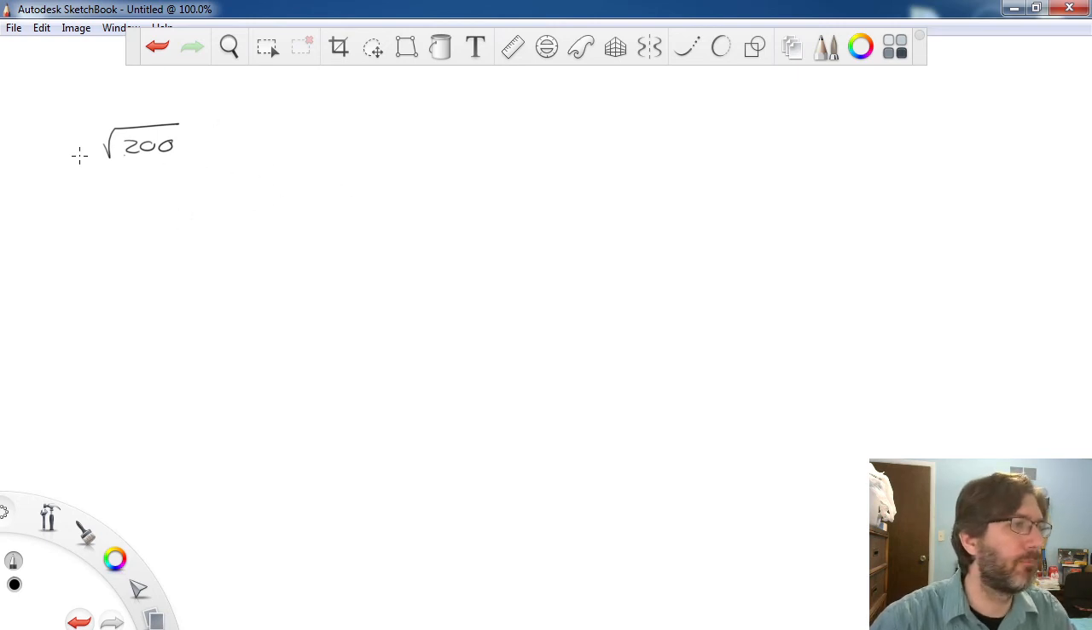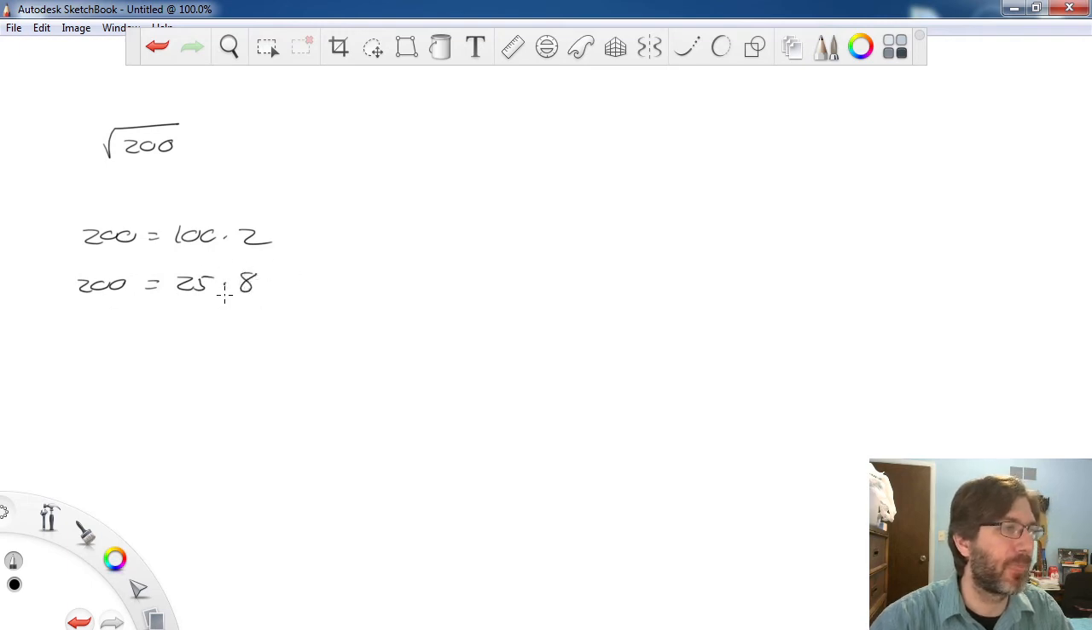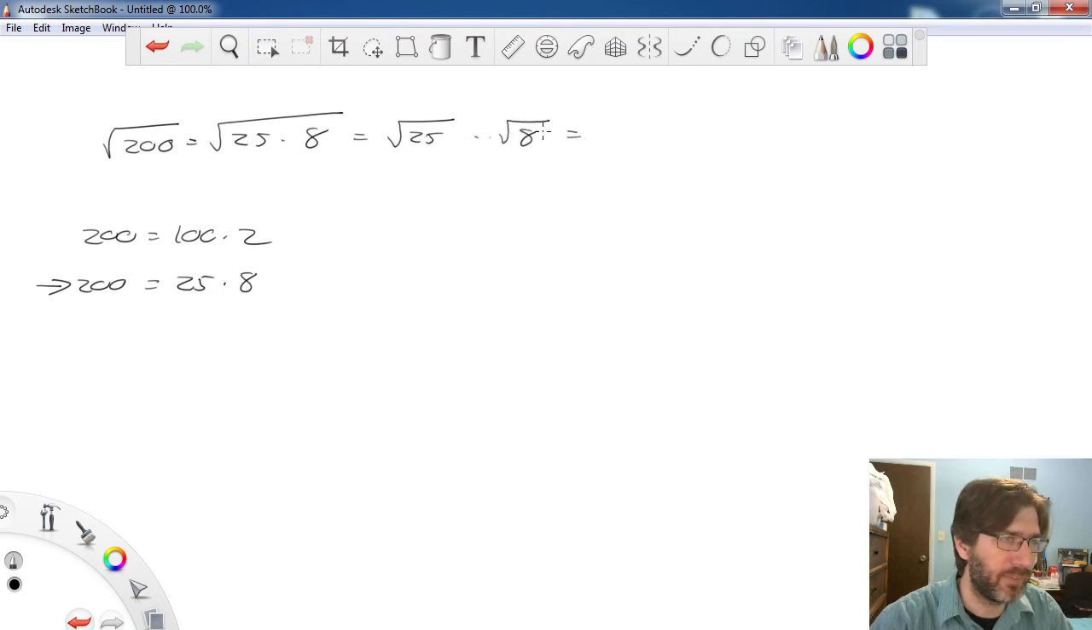So here I know that the square root of 200, to get 200, I could be doing 100 times 2. But I could also be looking at it as, hey, that's 25 times 8. Let's do it if we notice this first, because 25 and 100 are both perfect squares. So this is going to equal the square root of 25 times 8. Then you're going to bring it apart and get the square root of 25 times the square root of 8. And that's going to equal 5 square roots of 8,